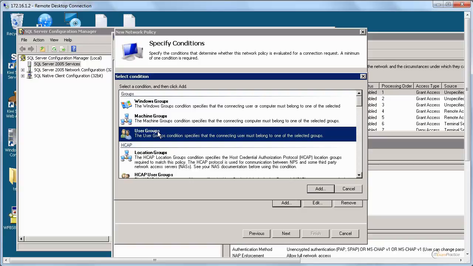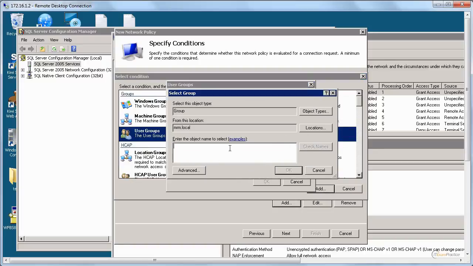You have to be in a group. Please remember, it is an Active Directory account. You want to make sure that this user is in a correct group, right? You click add